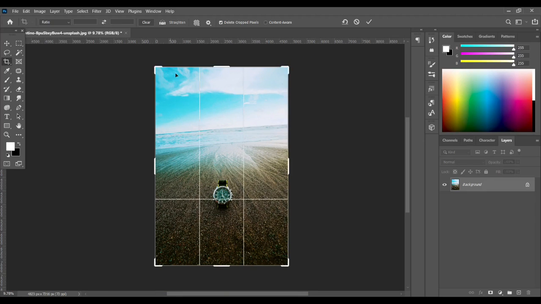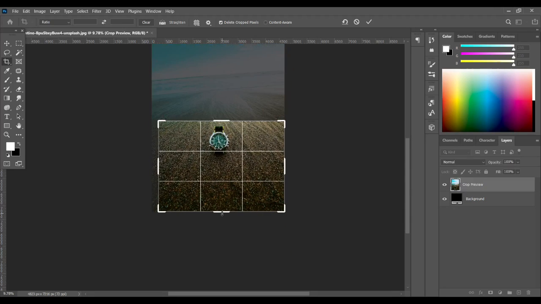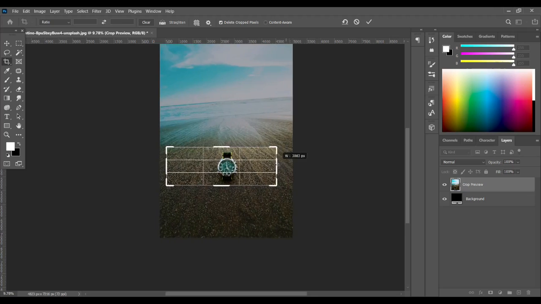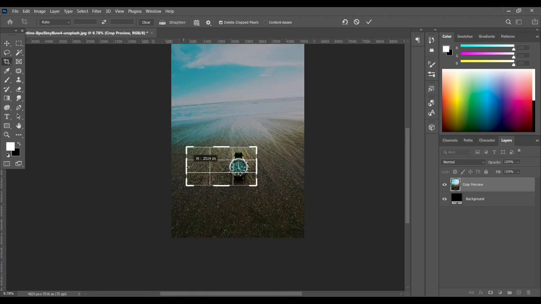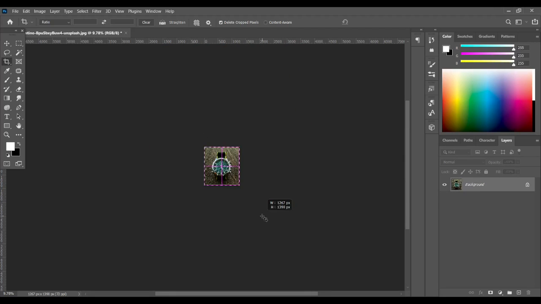Suppose we want only the watch and we select the watch, and after pressing enter it deletes permanently, but again you can get back by pressing Ctrl plus Z or Command plus Z.